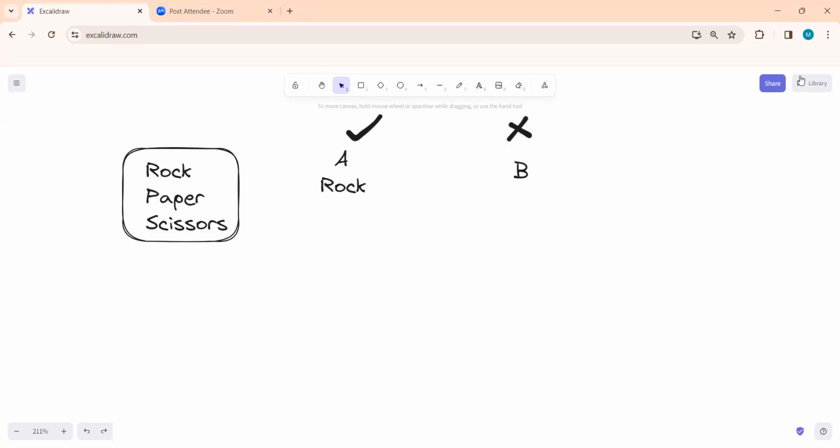Okay, I see there's no reply. Okay, fine. Now, see, if A chooses rock here, what happens? B is left with three options. It should choose rock, paper, or scissors. When A chooses rock and B chooses rock, it's simply a tie. And when A chooses rock and B chooses paper,